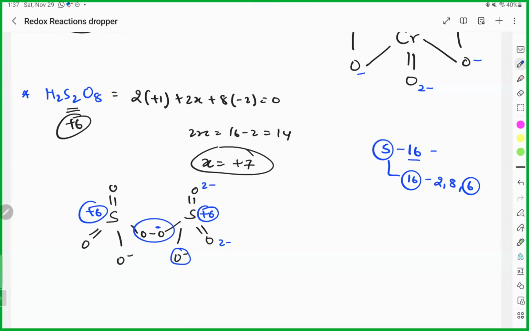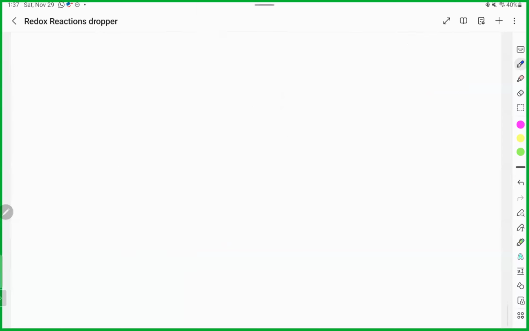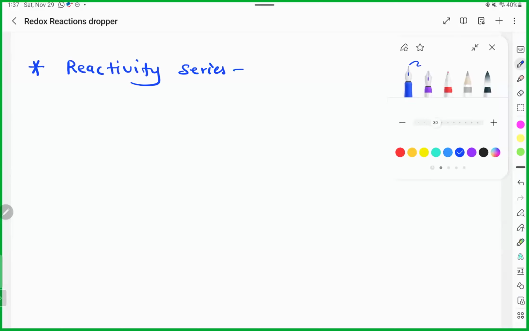Okay, so you have to understand this. Last topic of this chapter. Is that key? There is a reactivity series. Before the last topic, we are doing the reactivity series. Okay, reactivity series tells us